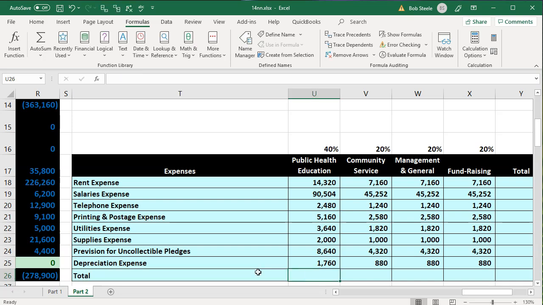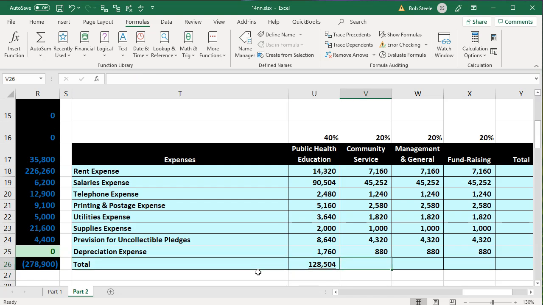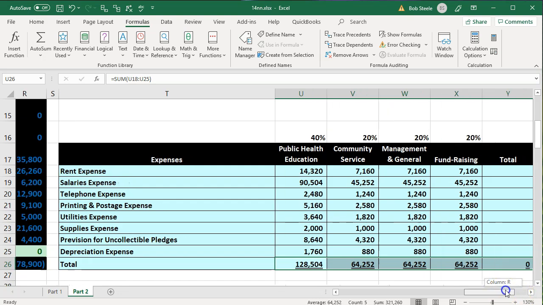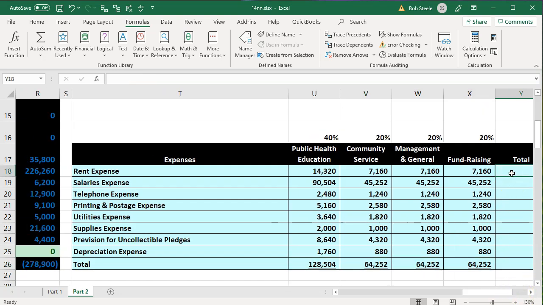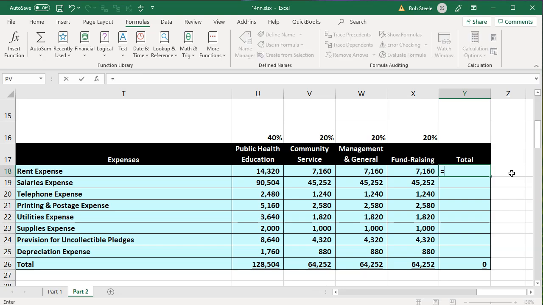And I'm going to sum this up. Our good old sum function, equals the sum of these items, this whole row. So our most common function, the sum function. We could do that all the way across, or we can use the autofill function, which I'll do. I'm just going to autofill all the way across, all the way to the total, even though I haven't totaled the other way yet. So there we have that, and now we'll total this way by saying equals the sum